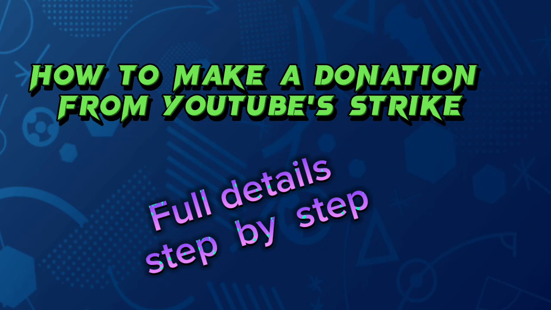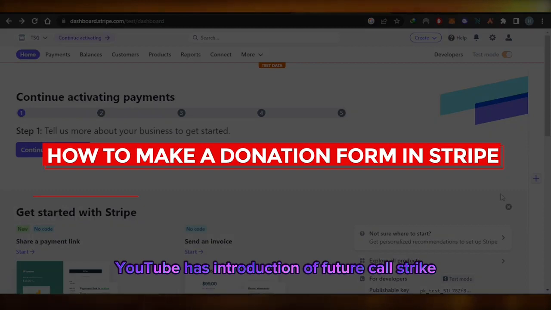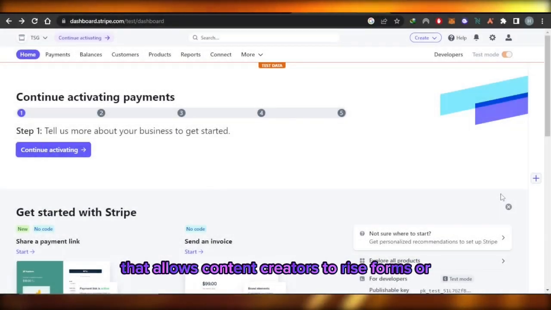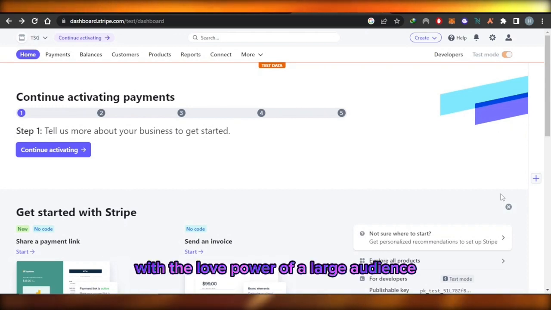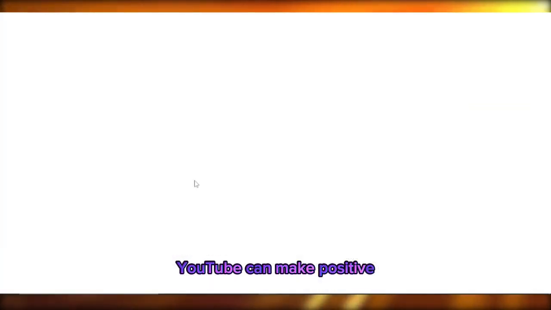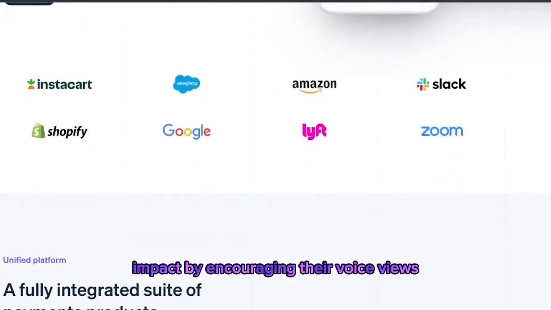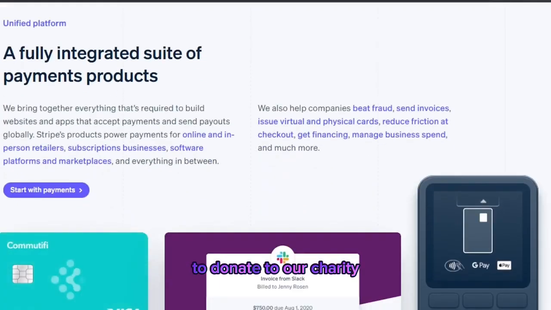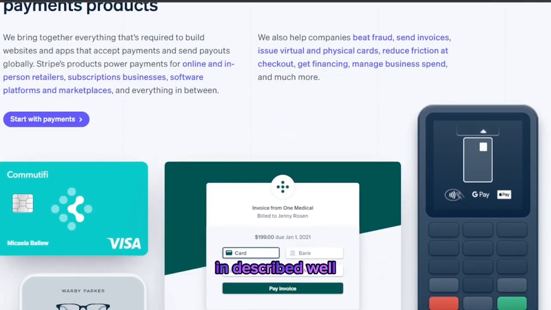Make a donation from YouTube Jewels. YouTube has introduced a feature called Jewels that allows content creators to raise funds for charitable causes through their videos. With the power of a large audience, YouTubers can make a positive impact by encouraging their viewers to donate to a charity of their choice directly from the video description or interactive card. In this guide,